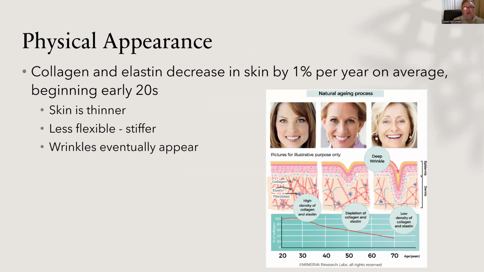All right, now on to the main theme of chapter 1 in the book, which is changes in physical appearance. What we have first is our skin. There are two key proteins in the skin, collagen and elastin. The role of these proteins is to make the skin flexible and firm and bouncy, right?